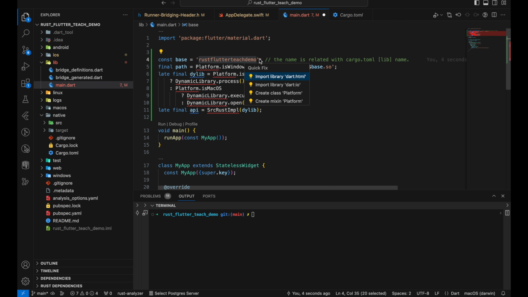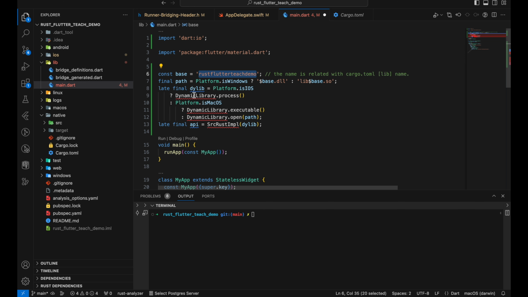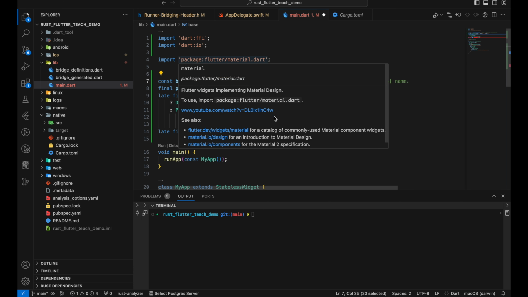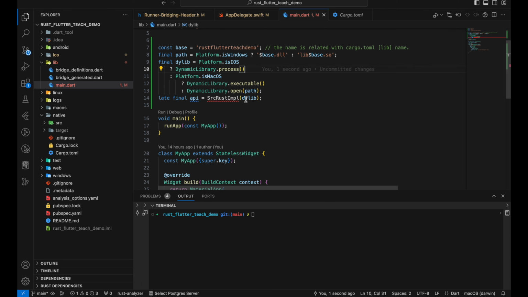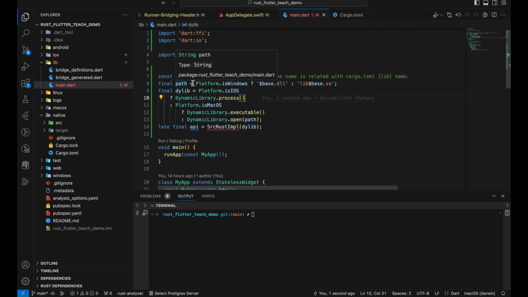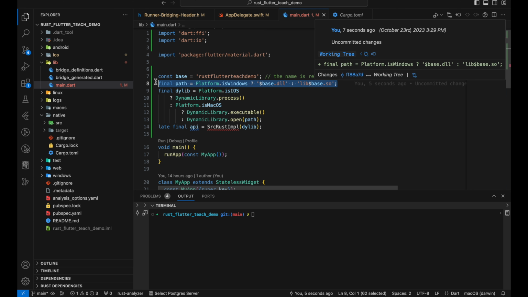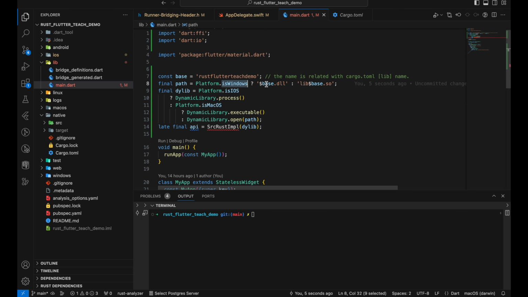So Platform is coming from dart:io, and then DynamicLibrary.process is coming from the ffi package. Yeah, everything's great. Let's remove the late data type, and here, as you can see, we made a condition here. If the platform is Windows, it will use the base.dll. If not, it will use lib-base.so.